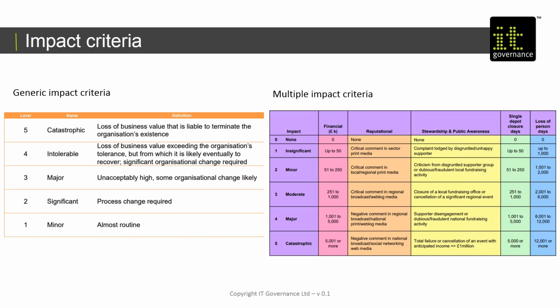Well, many organizations talk about high, medium, low, or insignificant, minor, moderate, major, catastrophic, things like that. But actually, there's no consistency because different people will interpret words like catastrophic as being different levels of actual impact. On the left there's an idea as to, from an organizational point of view, what these numbers or levels should mean. And on the right is an example of an impact scale based on a real project,